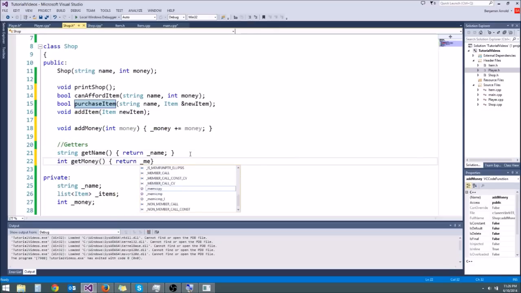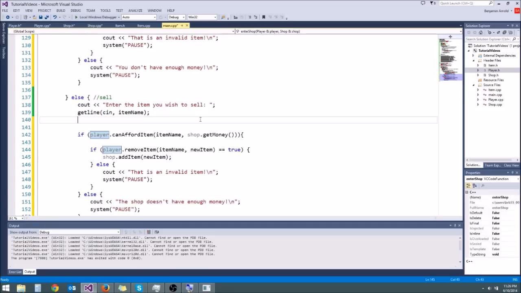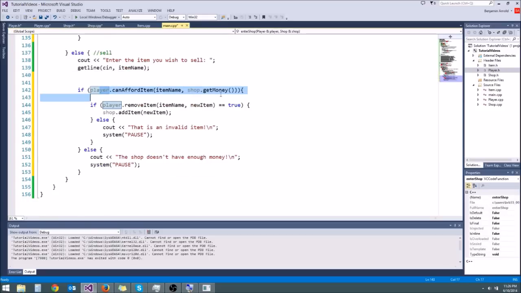You better be good at writing getters and setters now. I can't write them while talking. Get money. We are so close to being done. Alright, so if the player can afford the item, then